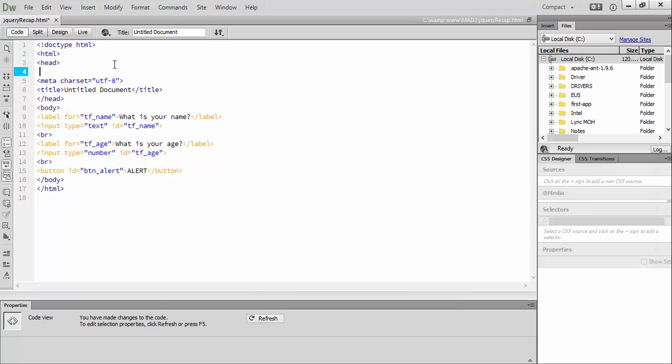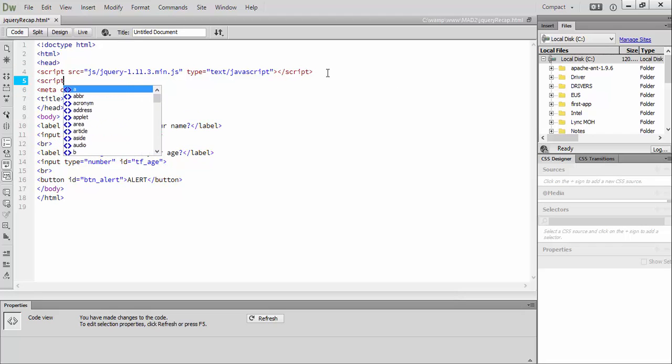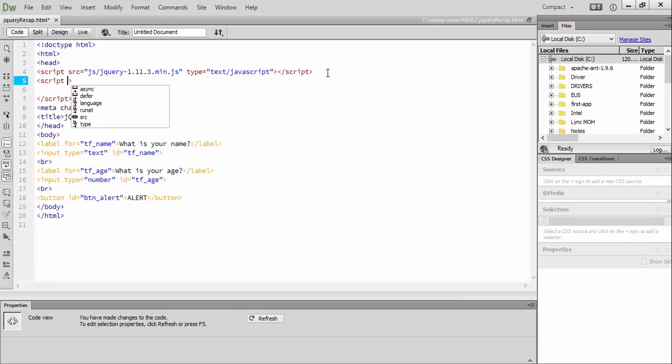So what I'm going to do here is create a script tag, reference the source to the JS folder, the jQuery file.js, with a type of text/JavaScript. Okay, with this script tag in place, I can start writing my JavaScript. To make this recap more complete, I'm going to just key in the title as jQuery recap. Okay, so now I'm going to create a script tag. This is where my JavaScript for interactivity on the HTML will be entered into,